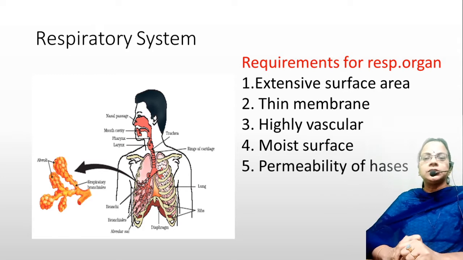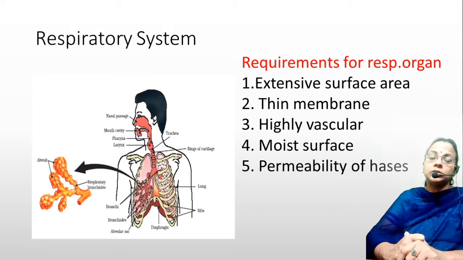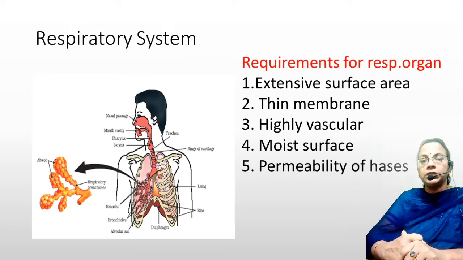Then when it reaches the chest, it divides into two branches. These branches of the trachea are called bronchus. The bronchus enters into the lung, and the bronchus are also supported by cartilaginous rings. Once it enters the lungs, it divides into many branches. The branches of the bronchus we call bronchioles. Further it divides 2-3 times. Altogether approximately 23 divisions take place, again dividing further like that.